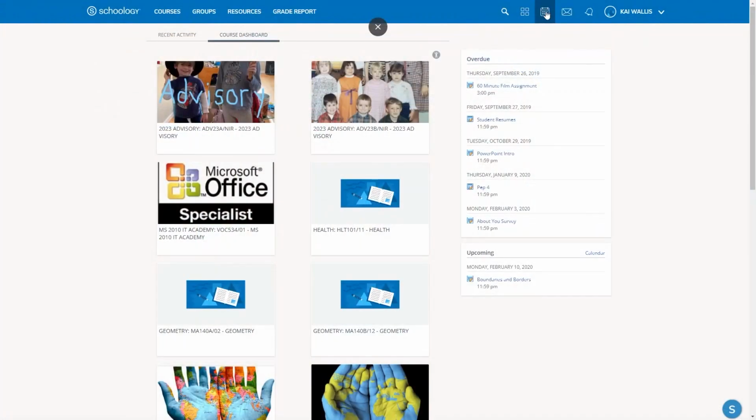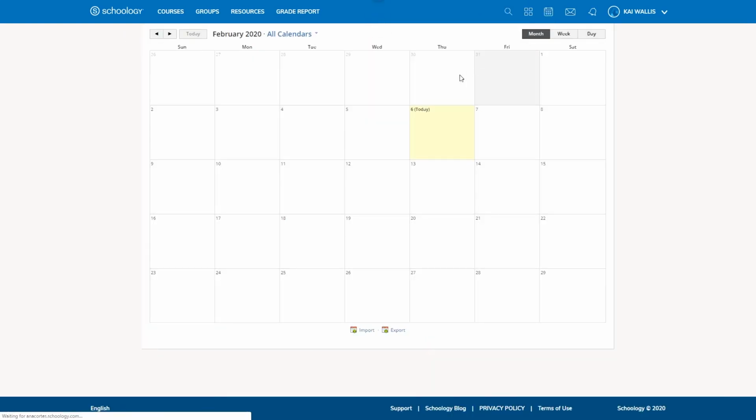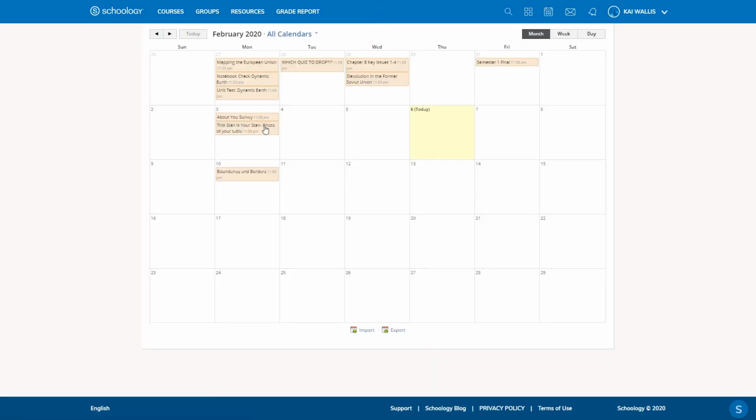People are going to come to this digital platform in different ways. Some people might just use it for the calendar feature, which I think is super powerful. But what we're hoping to do in the next school year is to also work with our coaches, our different clubs and activities after school. There's a feature that allows Schoology to be used for those groups as well, so that they can share resources,